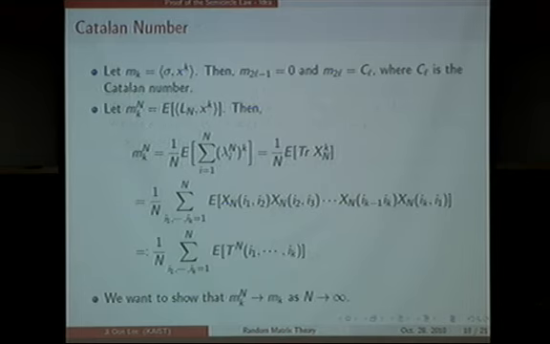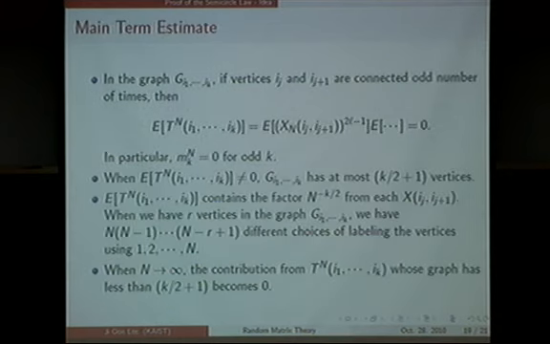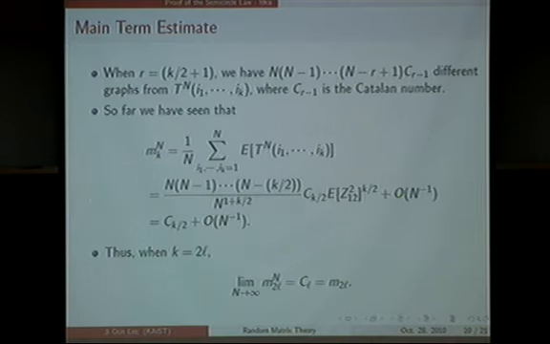So altogether, we can say, first, when n becomes infinity, the contribution from graphs with fewer than k plus 1 vertices is missing. So the graphs with fewer than this number of vertices become 0. And second,